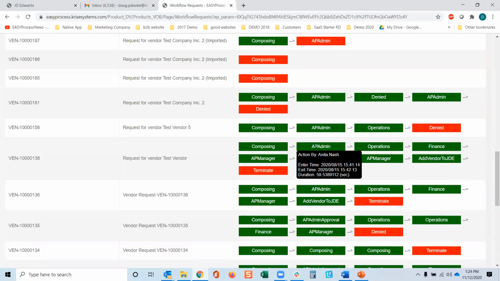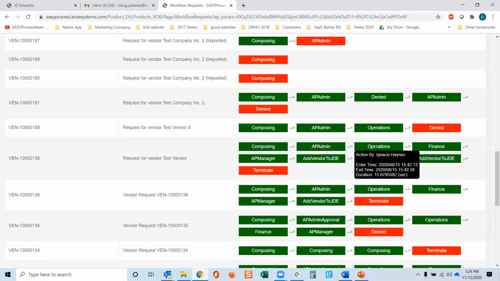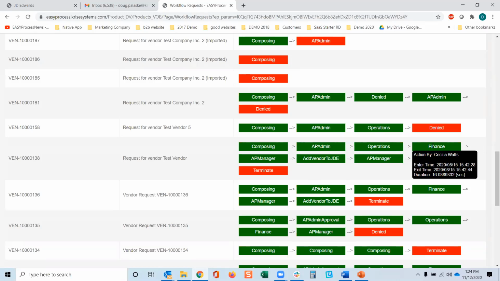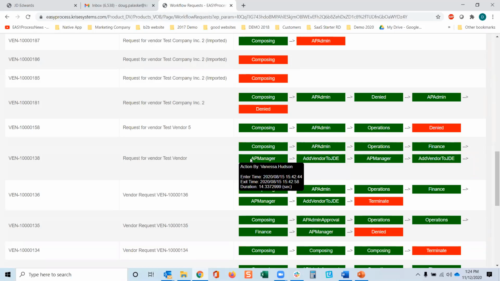It was completed by Marion. It went to AP, and you're going to see that in just a second. AP has to add some additional values to the form. It went through operations, and Ben will talk about how we configure the users tied to the workflow. It goes to finance. It goes to an AP manager. An AP manager is Vanessa, who has full